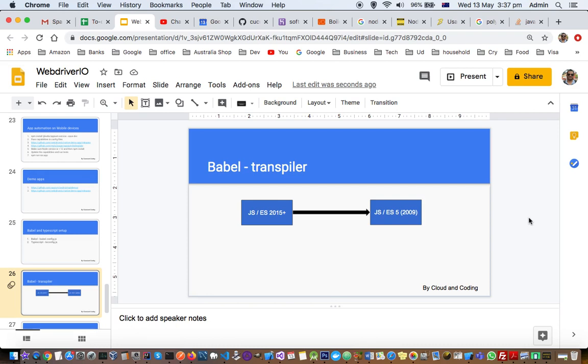there have been a lot of revisions of JavaScript since 2015. Each year they are coming up with new features, new syntax, etc. The latest version is 2019, and the next version that is coming is JavaScript Next. So there are a lot of features being added to JavaScript, but the problem is that older browsers can't understand these new features, and that's why